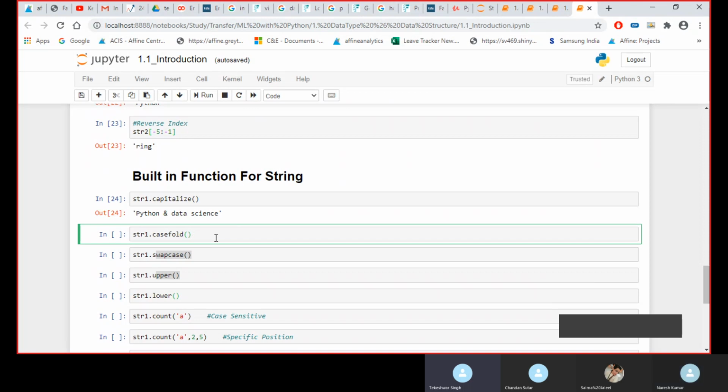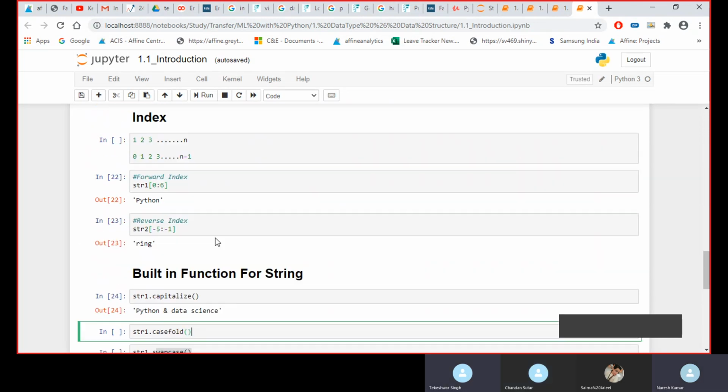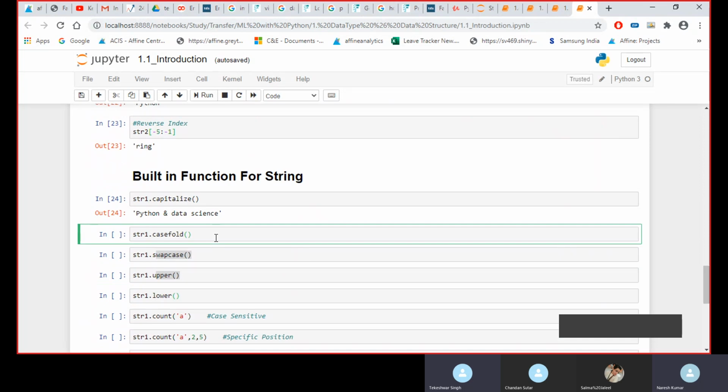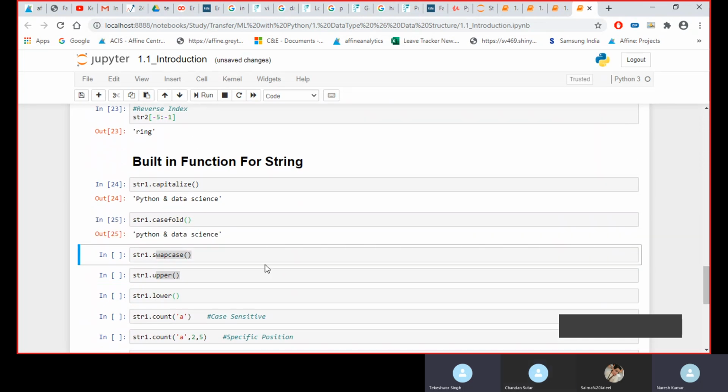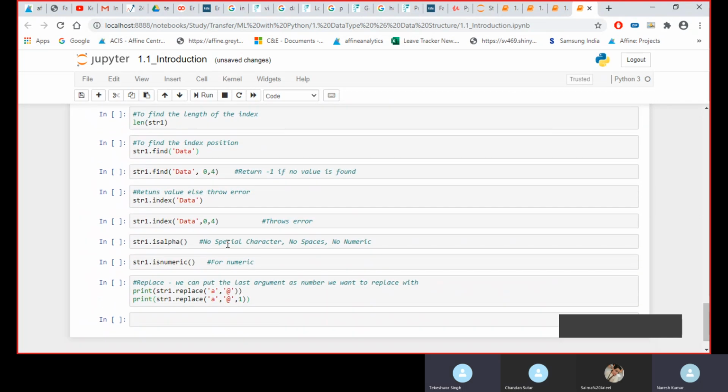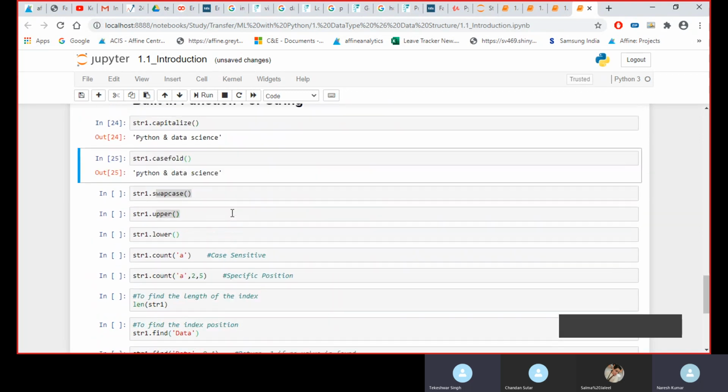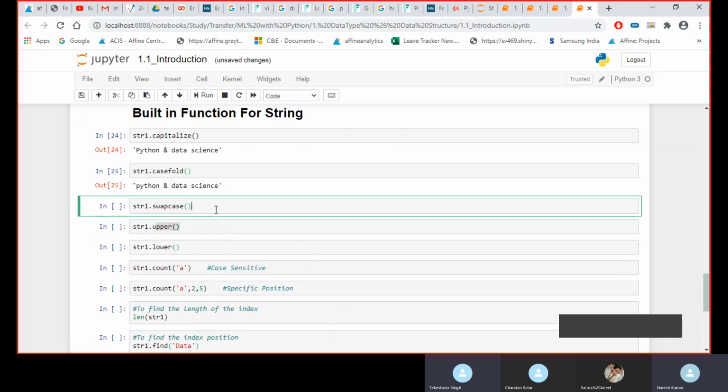Basically, what it will do, it will give everything in small letters only. Case fold would make everything a small letter. We have another command for that, something else. We have swap case.